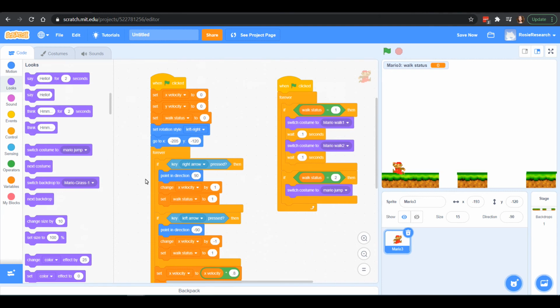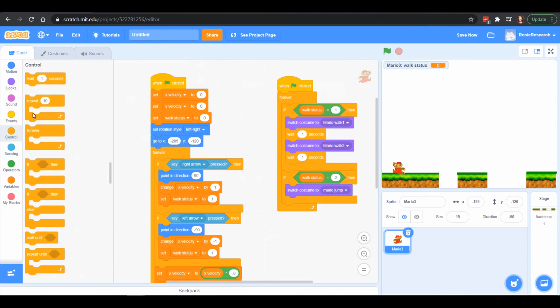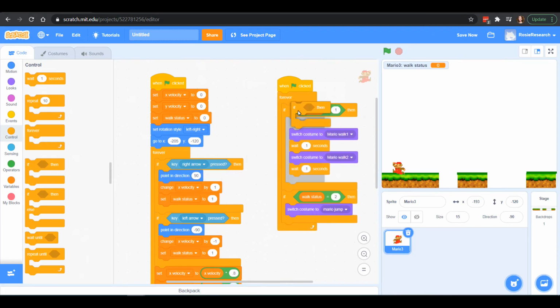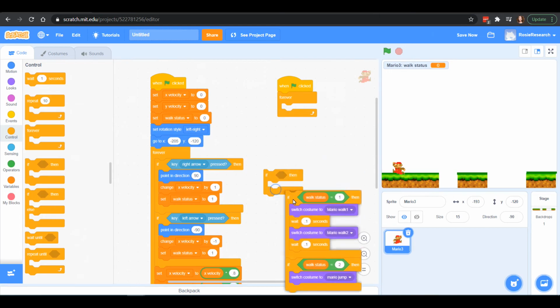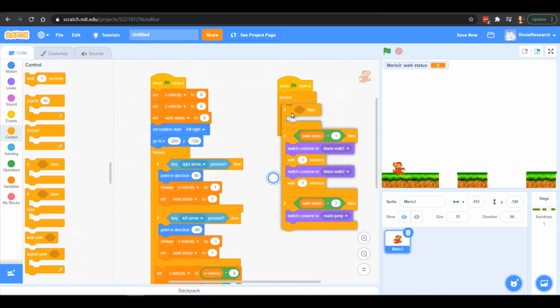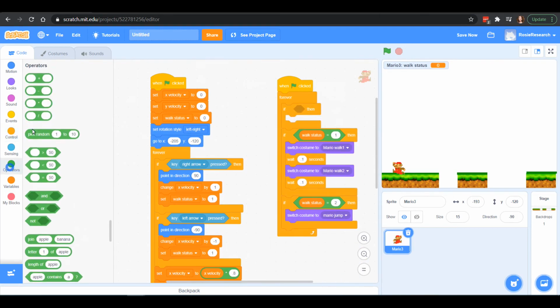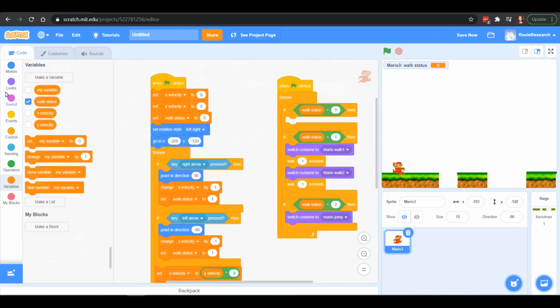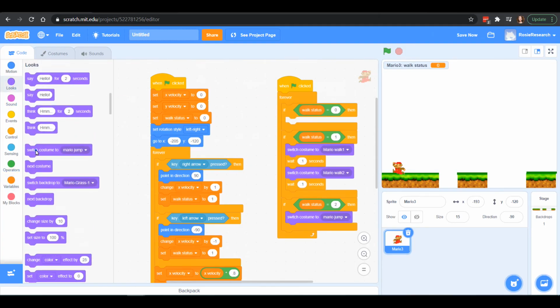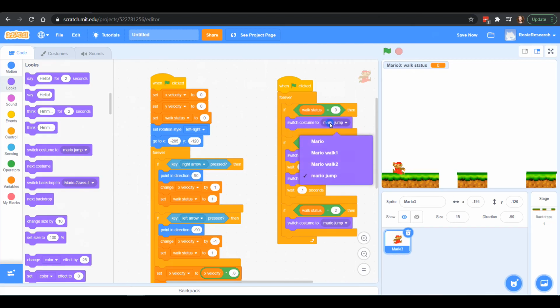And then if my walk status is 0, maybe we should put that at the very top. Nope, we don't want it around it. We want it like that. There we go. If my walk status is 0, that means I am standing. So I want to switch to my costume where Mario is just standing.